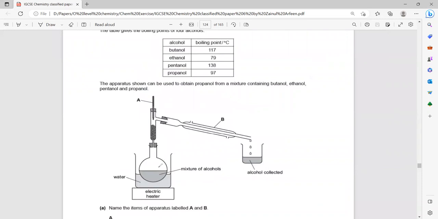If you want to obtain propanol, which boils at 97, first we will need to heat until the ethanol distills over. The temperature on the thermometer will be